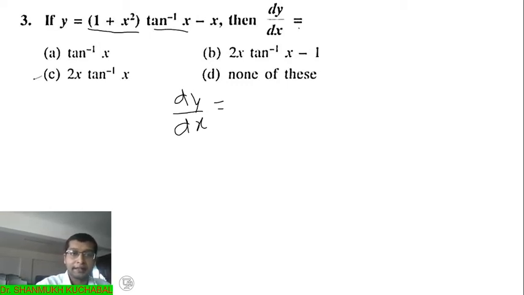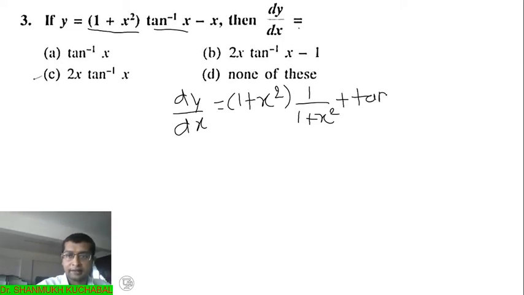That is, first function as it is, further second function differentiation: tan inverse x differentiation is 1 by (1 plus x square), further second function as it is and first function differentiation: one differentiation is 0, x square differentiation is 2x, further this minus as it is and